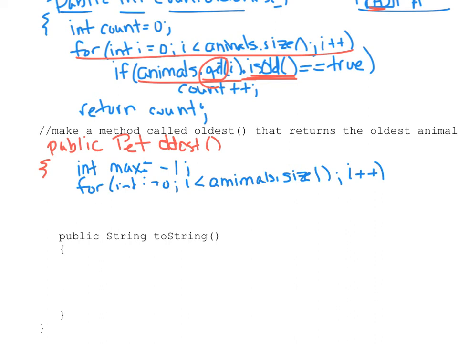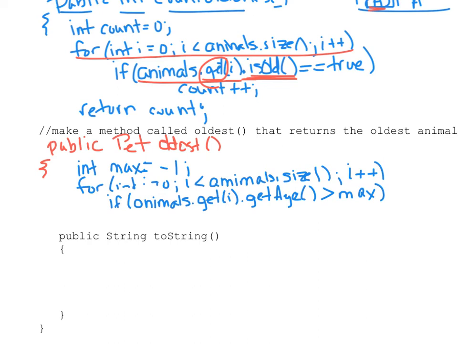And what I want to see is if the max age is bigger or smaller, depending on how we're working it here. So I'm going to do the age first. So I'm going to say animals. So here I need to get the animal's age. So since I want to get the animal's age, I'm going to use get I, because I need to get into the array list first, and then get age. So there's 2 steps to this that you have to make sure you're following. So if this age is greater than the max right now, then I want to